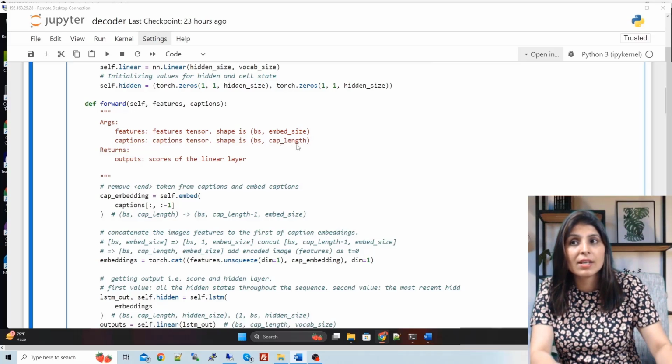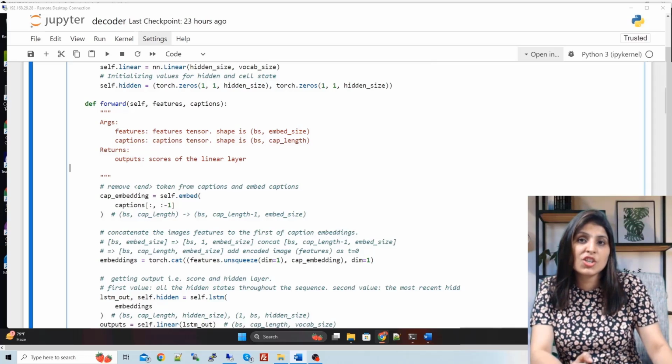Okay, batch size and the caption length. And after that, this function will return us this output, the score of the linear layer. This forward method will take the image features and their corresponding captions as input, and it will produce score for predicting the next word in each caption.